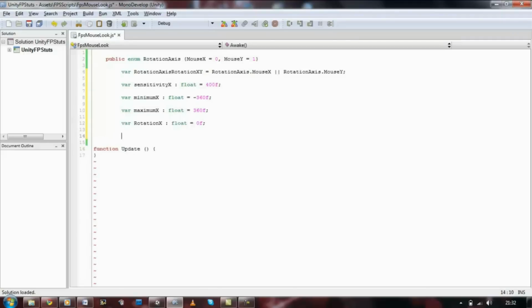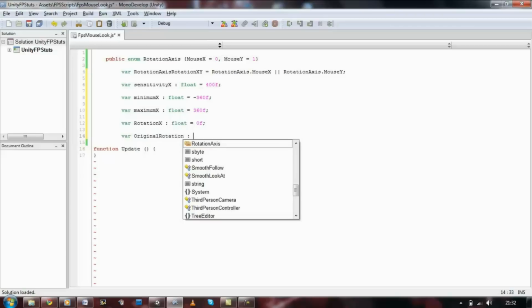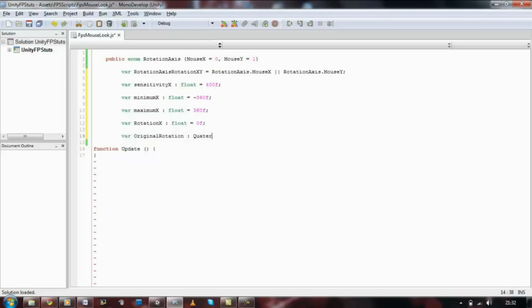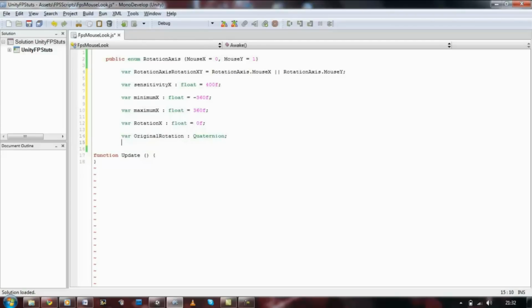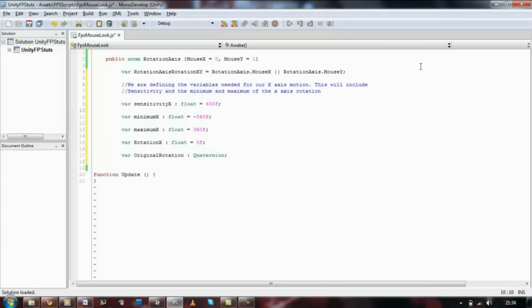We need to now set a variable that will hold the original axis. So var original rotation, not axis, sorry. And we're going to set this as a quaternion. Let's save that. And do I need anything else? Now that I have set the